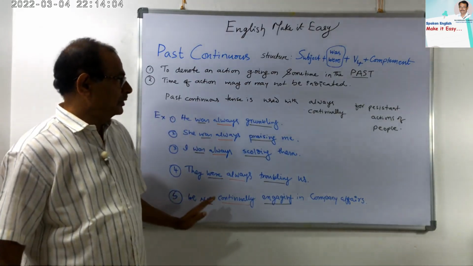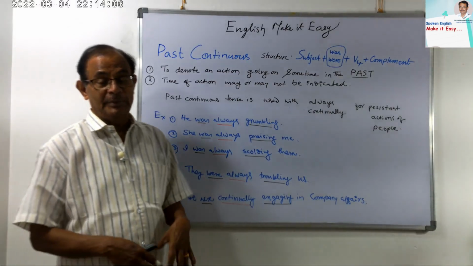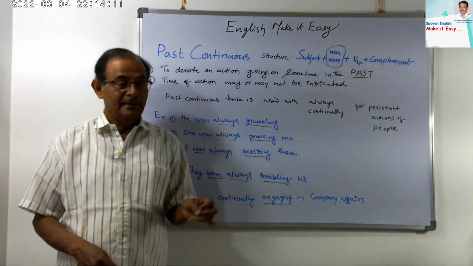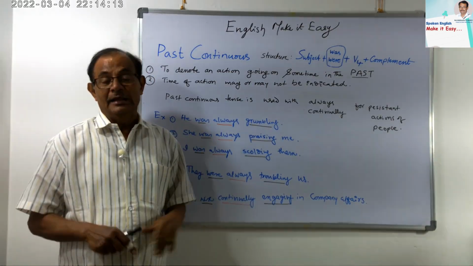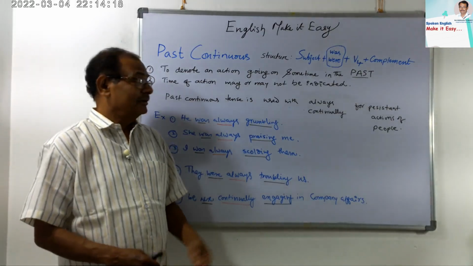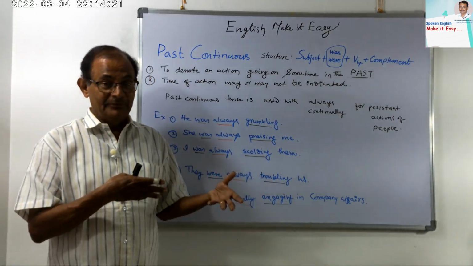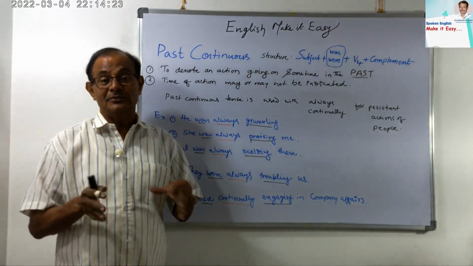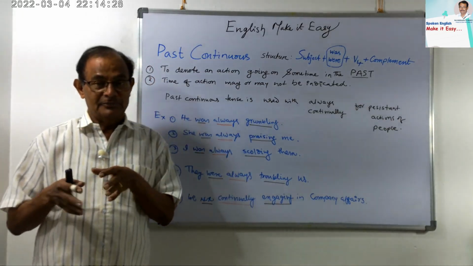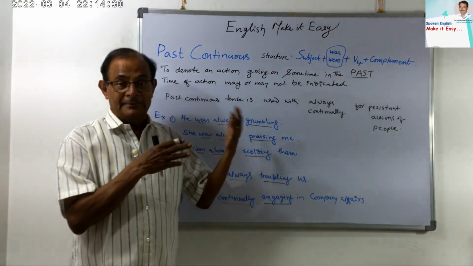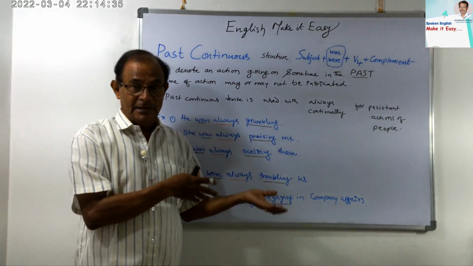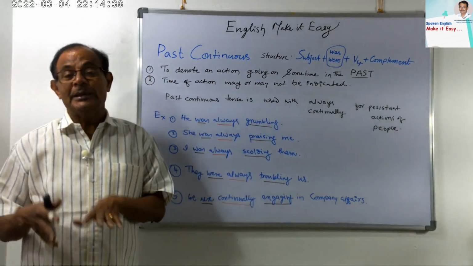These are some more examples. Dear friends, so we have completed the simple past and past continuous also. Let us move to the past perfect and see what are the changes in present perfect and past perfect. That's why you have to compare the same category. Present perfect and past perfect should be compared. Then simple past and simple present should be compared. Then present continuous and past continuous should be compared.